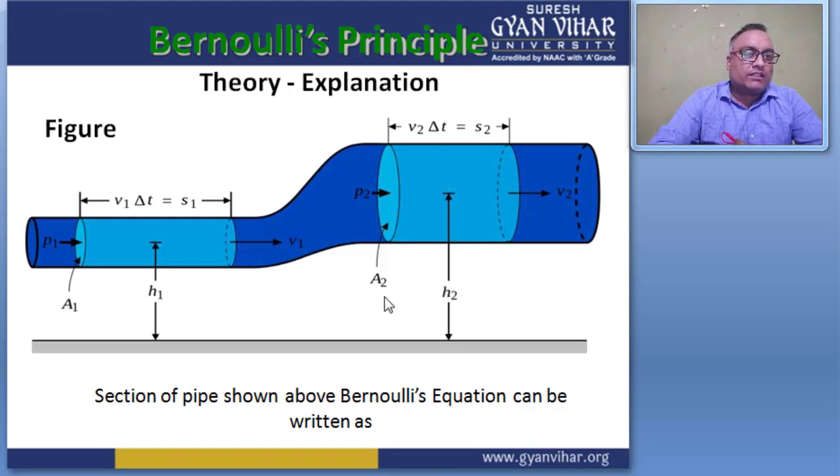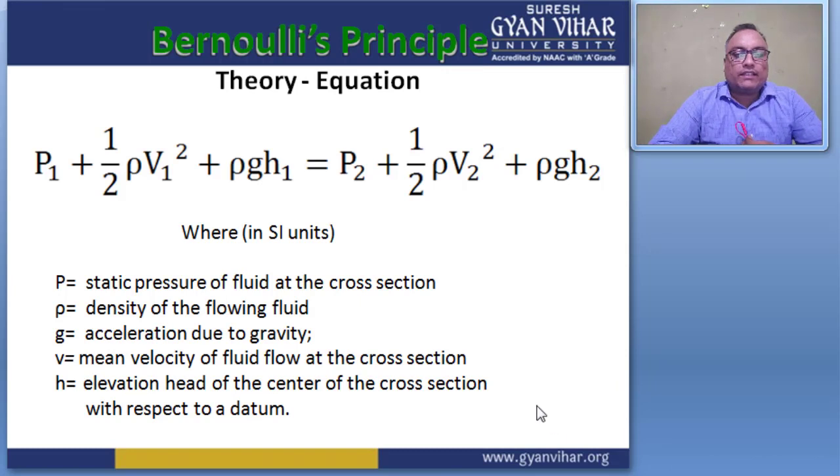H1 and H2 show the datum levels, and S1 is a distance and S2 is also a distance, and here P1 and P2 are the pressures at sections 1 and 2. So by this figure we can write this equation: P1 plus half rho V1 square plus rho G H1 equals P2 plus half rho V2 square plus rho G H2,